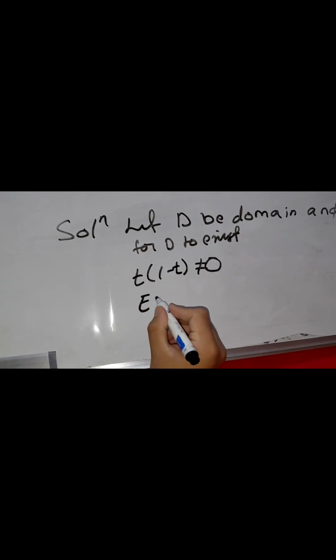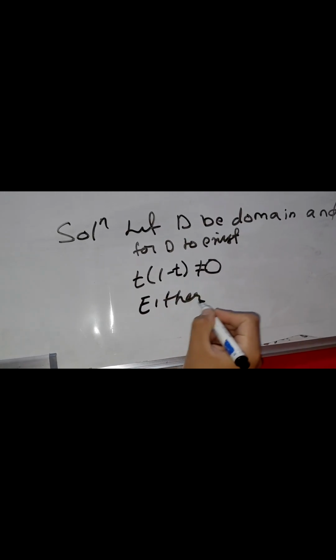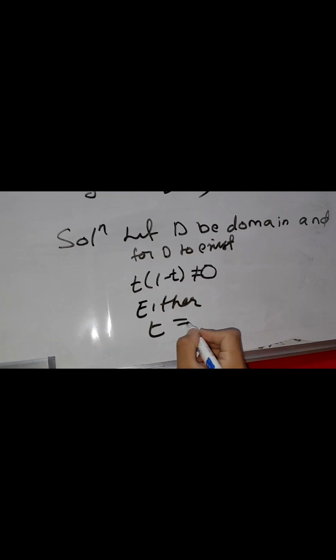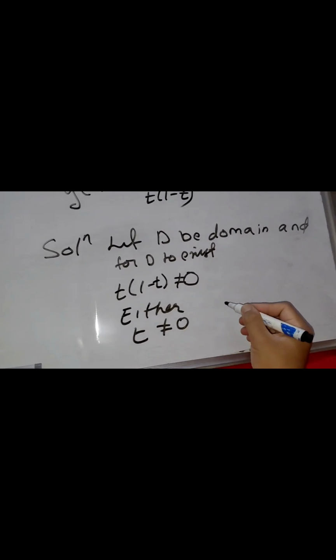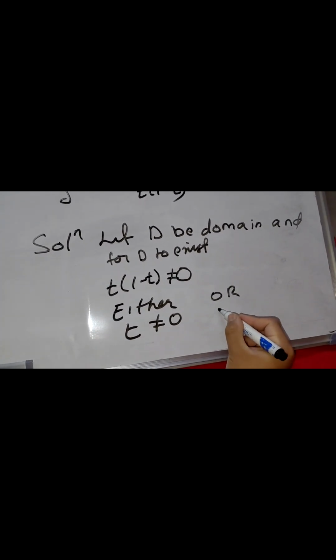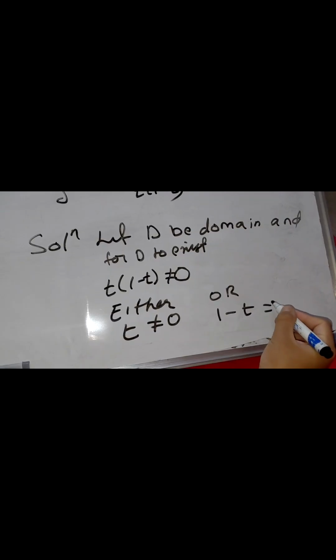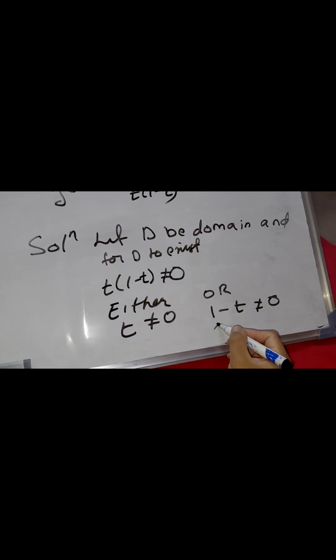We can do either or. From either, t does not equal 0, or 1 minus t does not equal 0, implying 1 does